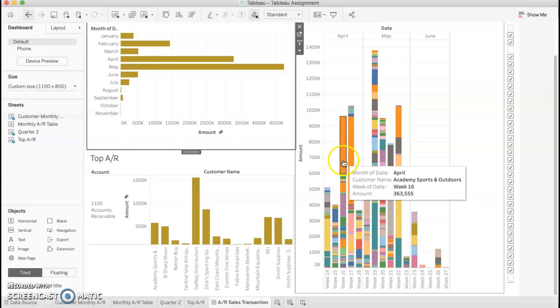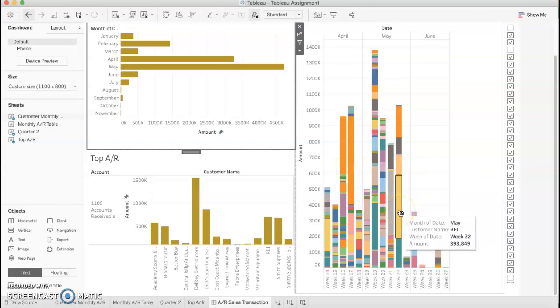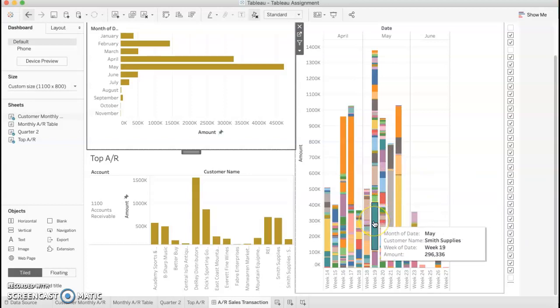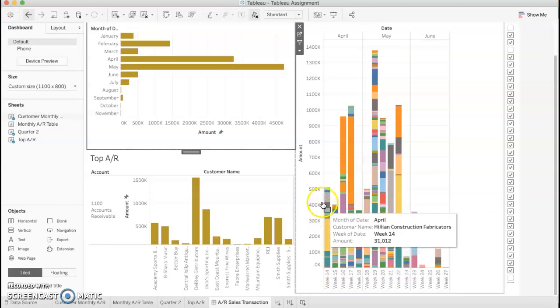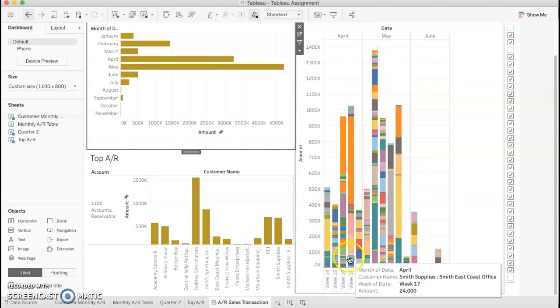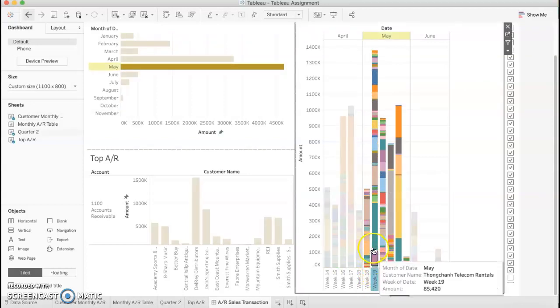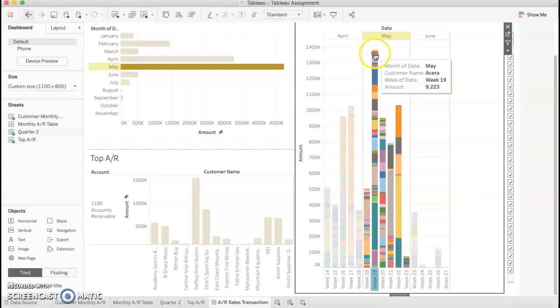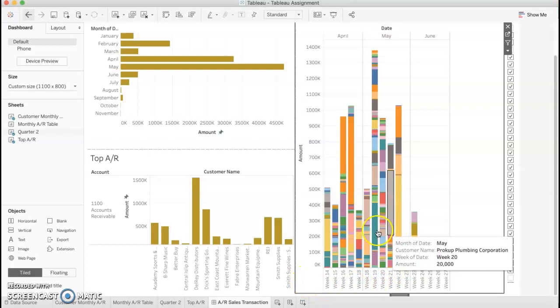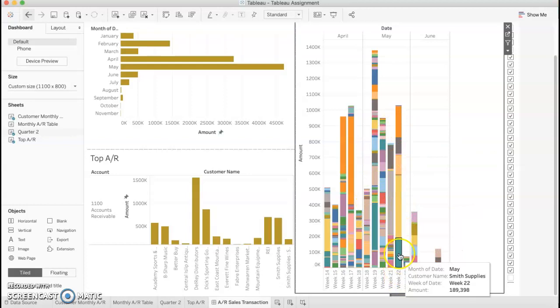We see a lot of orange, which is Academy Sports, Dick's Sporting Goods. We see REI. But we see this spike in week 19, and if you look at quarter 2, it almost follows a bell shape, a normal curve. We see it about week 19, the second week in May. We have a spike of 1.3 million in sales made on account, a large part of that being Smith Supplies. A large part of week 22